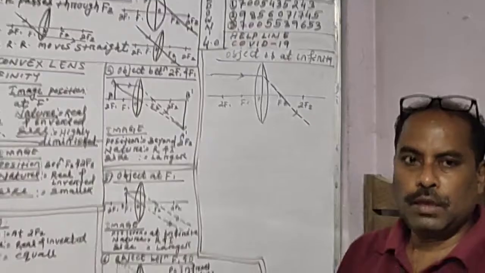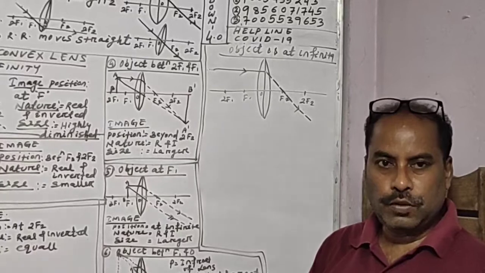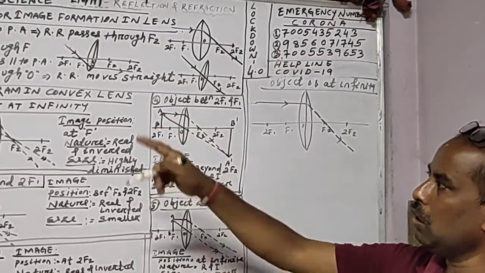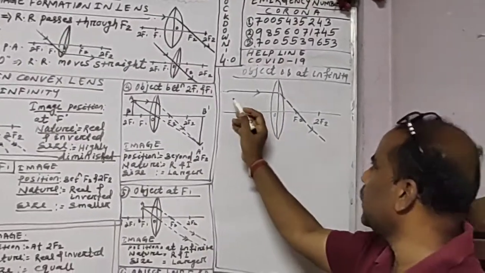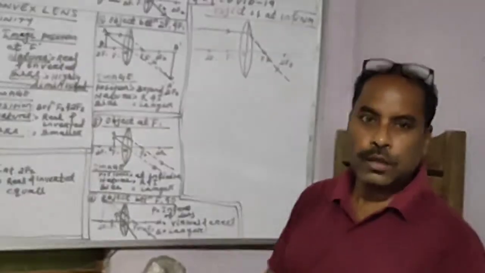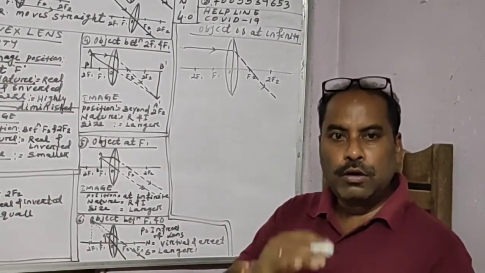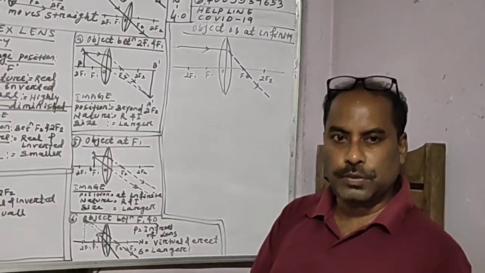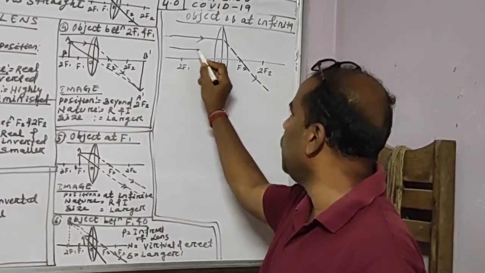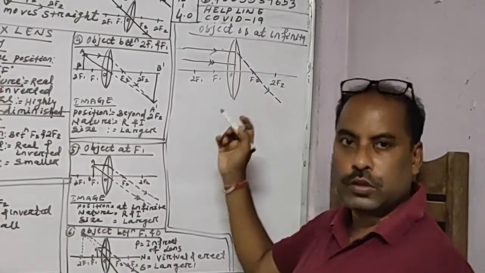Second ray we have to take through the optical center. That is very simple. We can take it through the optical center or through the f1 also. According to rule 2 or rule 3, we could go straight away. But we cannot go that way, because the ray which we have already taken is parallel to the principal axis. Any other ray we take for a distant object should be parallel to each other. So one more ray should be parallel to the first ray. So the second ray should be parallel. The third ray should also be parallel.